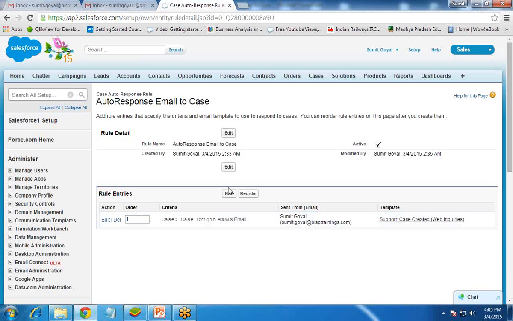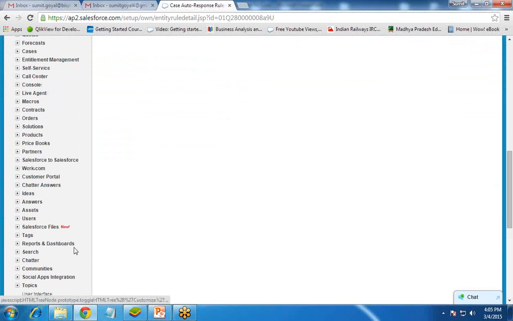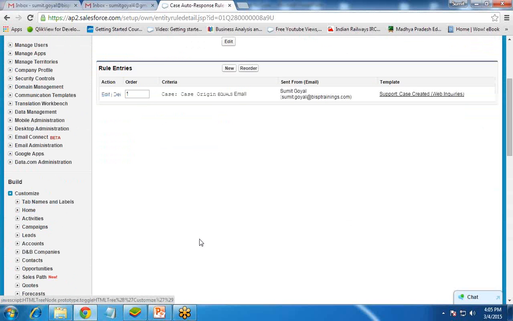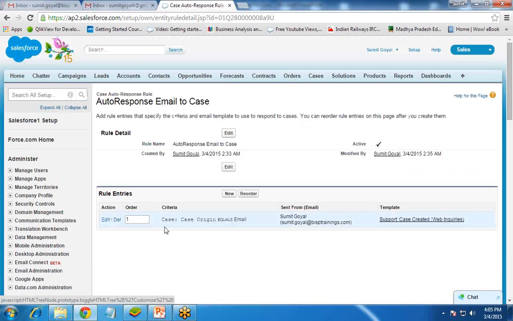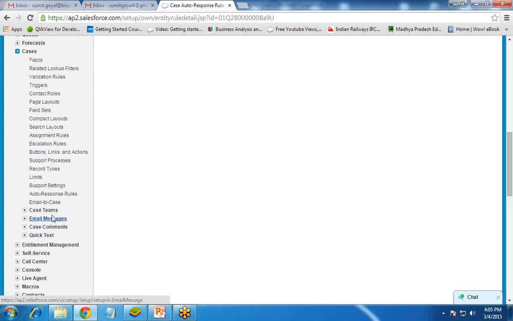Now we have to check it. To check it, we have to create the email to case option, so that whenever a customer sends an email to a particular mailbox and it is registered as a case, this auto response will be executed. So again click on Cases under Customize, and there is an option, Email-to-Case.